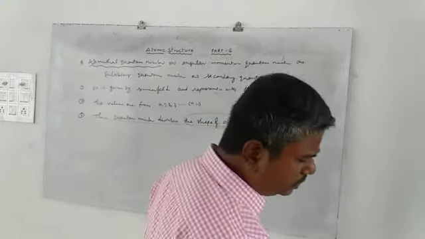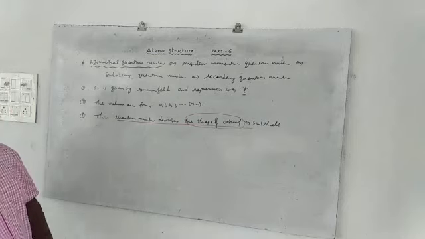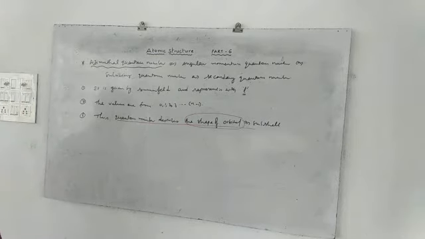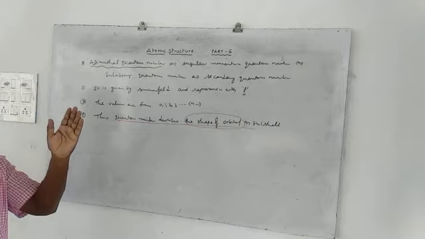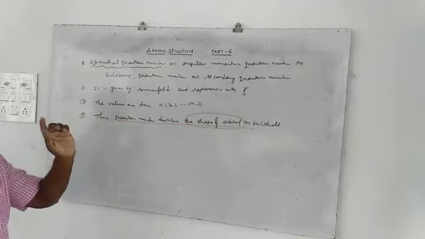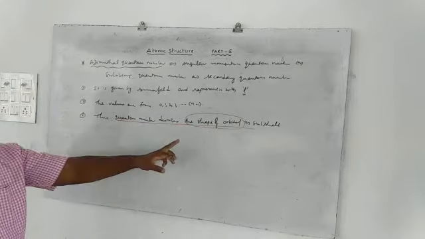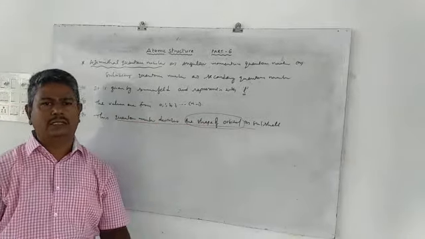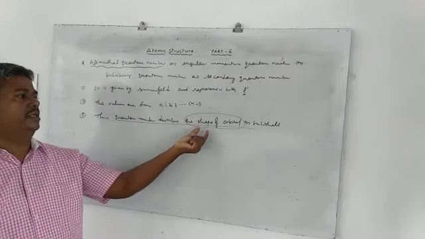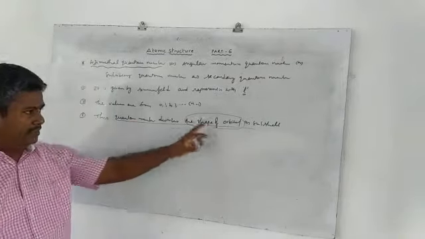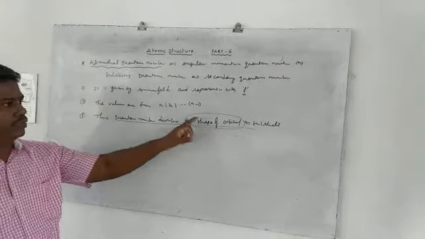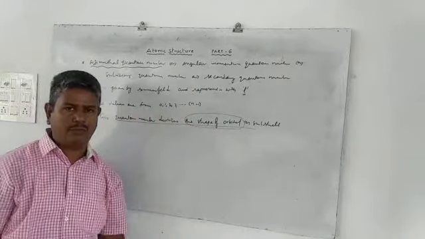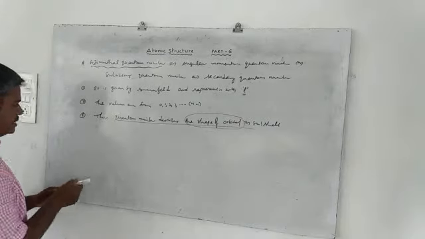That means we can calculate the probability function, that means the psi square value. From the psi square value, the region where the maximum probability to find the electron is called as which one? Orbital. Later we will discuss the difference between orbit and orbital. From the psi square value, we can find the shape of the orbital, that means the spatial arrangement of electron around the nucleus. The maximum probability to find the electron is called as which one? Shape of an orbital. That is described by which quantum number? Azimuthal quantum number or angular momentum quantum number. Okay.